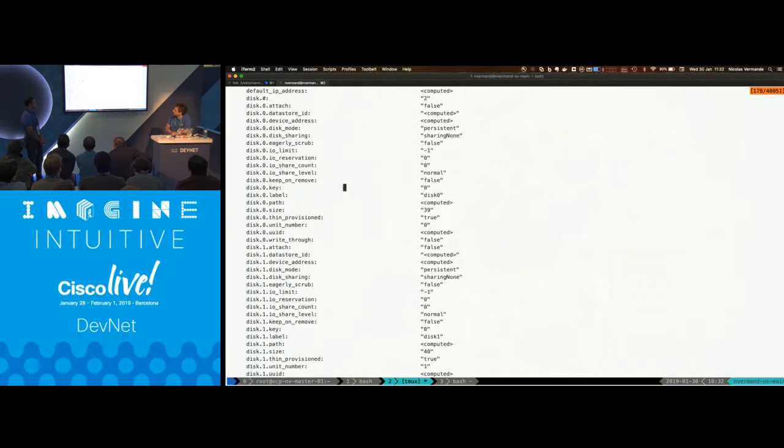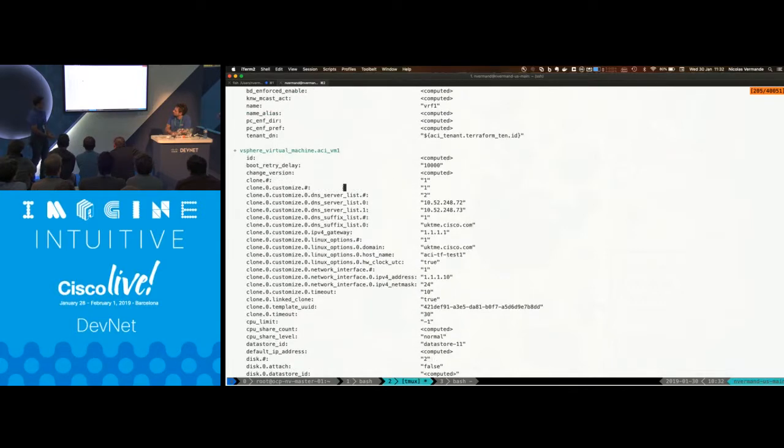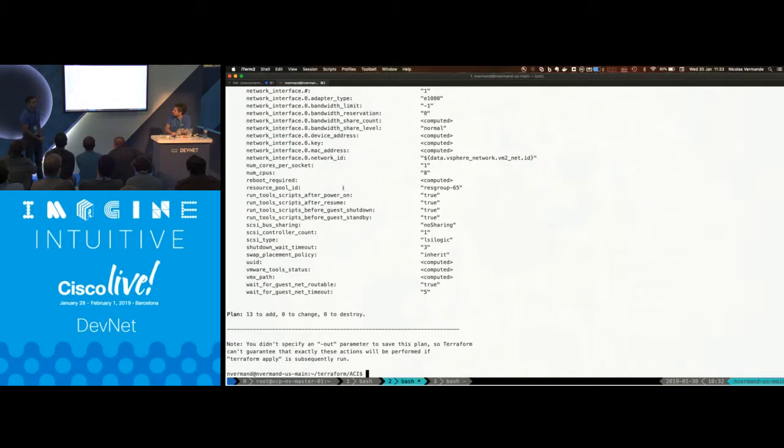And finally, I'm also deploying some virtual machines there, and this is all the information for the virtual machine that I'm going to be deploying, right? So here is just the plan. So now let's just apply it. Okay, apply, and